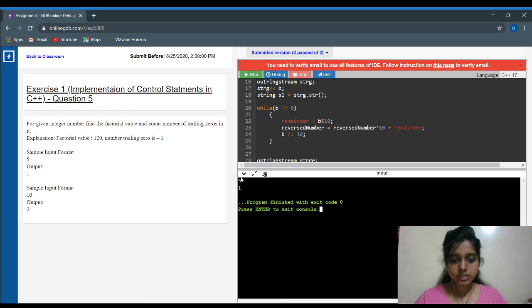I got 1. What the program does is, first it will find the factorial of 5 and see the trailing zeros in it, and then it gives you the output of how many trailing zeros there are in your factorial number. So that is it